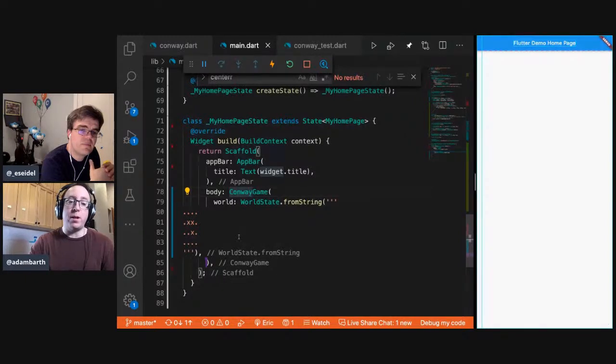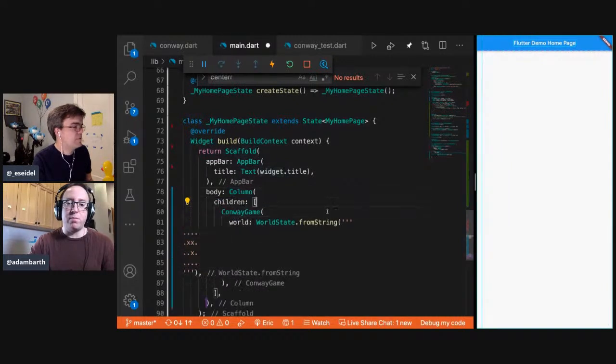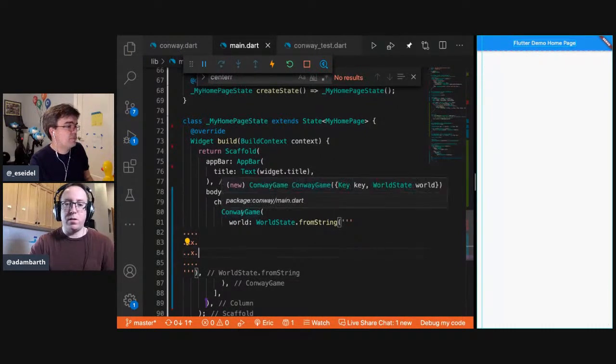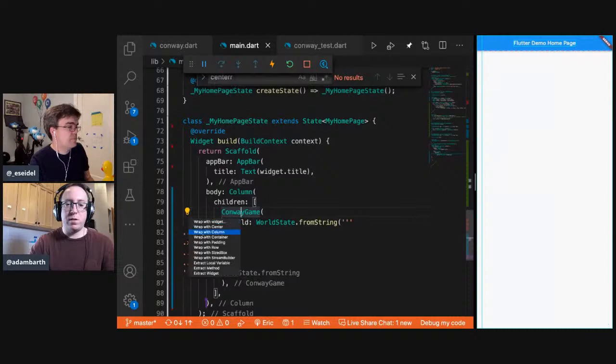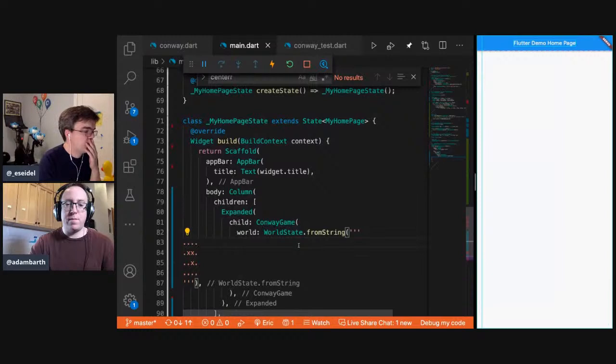Maybe we want to go back to that and have a column again, because we're going to want to have controls somewhere. You know, all right. So say we wrap it in a column. And now if we set it to be expanded. Okay.